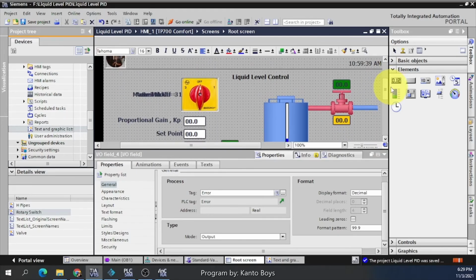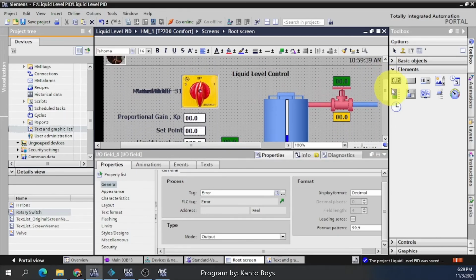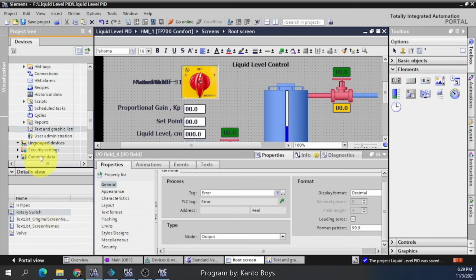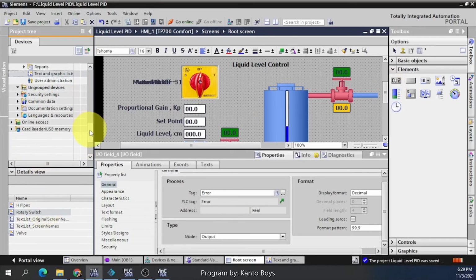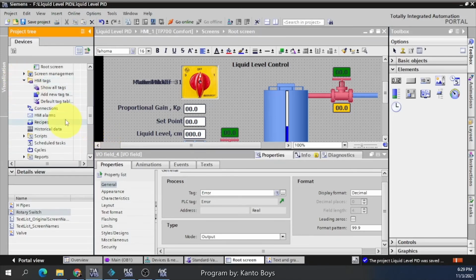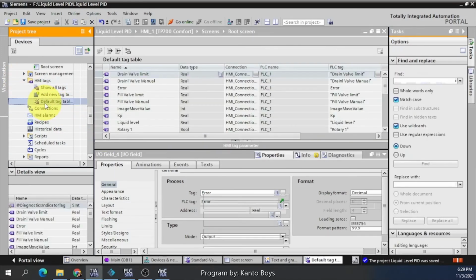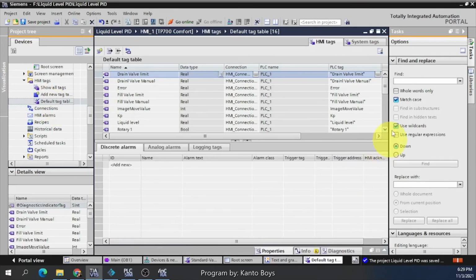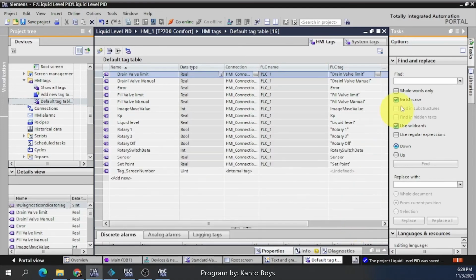Okay, so this is how to create an animation graphic in HMI. And then if you look here in HMI tag, this is the HMI tag. It is automatically added.